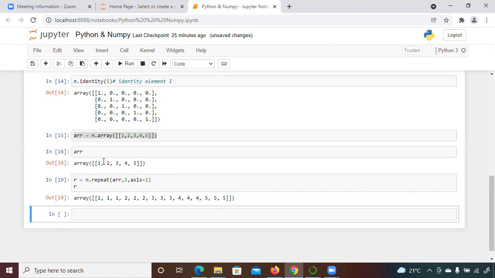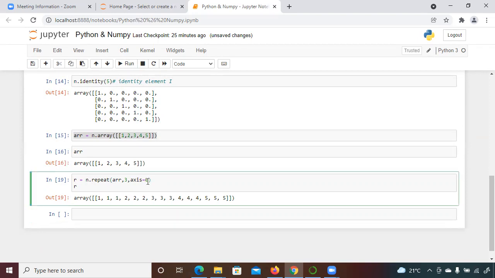It takes the first one and repeats it 3 times, then takes the second and repeats it, then the third. So it is considering column wise, first column repeating 3 times, second column, not row wise. So this is the difference.